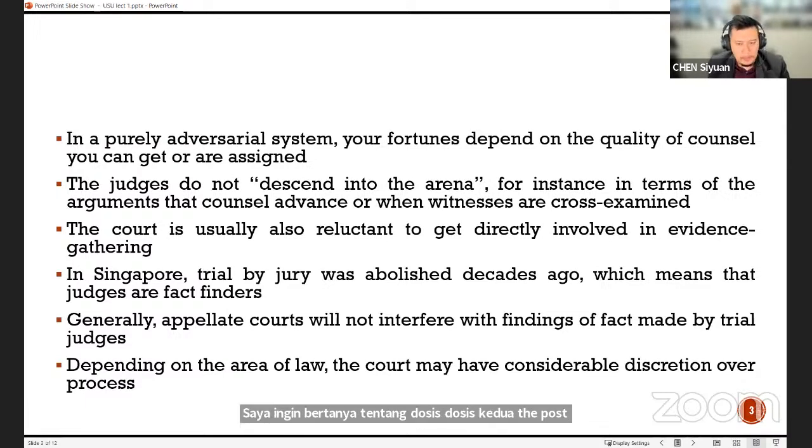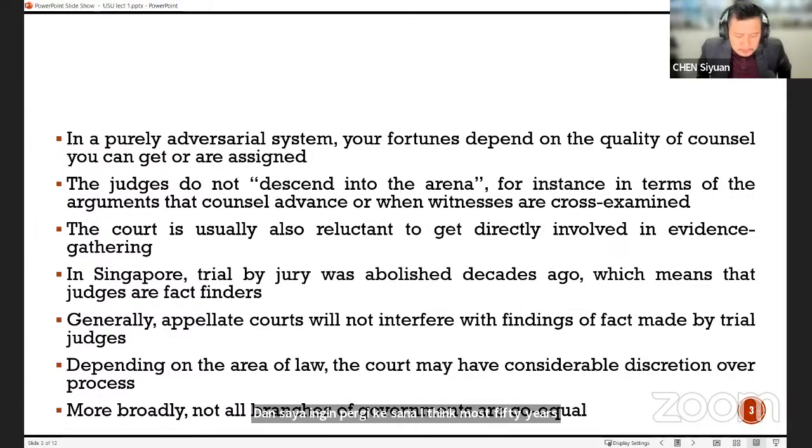Okay, so I already mentioned this point about discretion, which is for evidence and procedural law, as a matter of practice, the judges in our courts like to exercise discretion. And it's not that clear in the written law, in the statutes, that the courts actually have that much discretion. But as a matter of practice, that's how they look at evidence and procedural law. It's more flexible than substantive law.